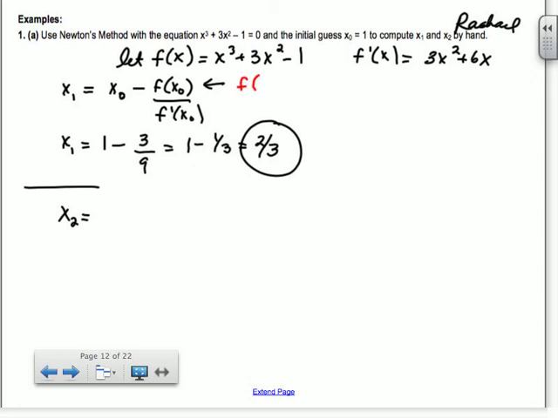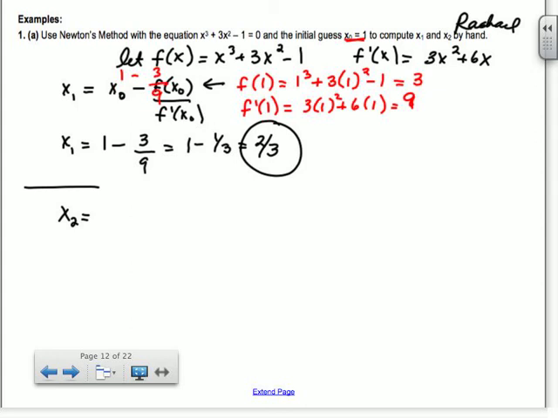Guys, so that's saying find f of x0, which was 1. So f of 1 is just plugging in 1 into our f function. So 1 plus 3 minus 1 is 3. F prime of 1 is plugging in 1 into our f prime function. So 3 times 1 squared plus 6 times 1. So 3 plus 6 is 9. So then it's just our formula. So 1 minus f of 1, which was 3, over 9. I get that, but